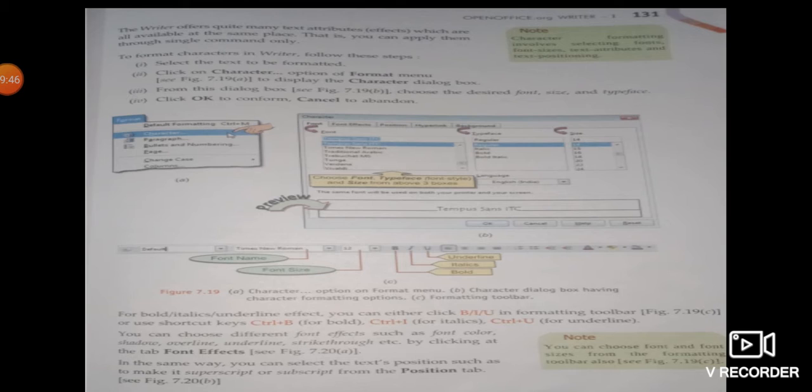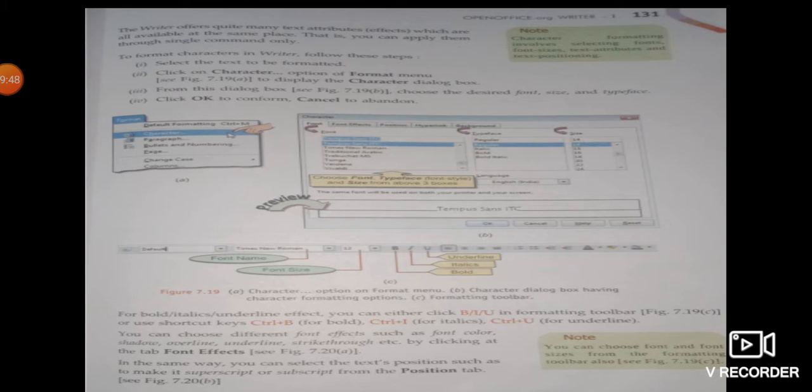If you are making any changes in the appearance of the text or of your document, you are formatting a document. So we can format our text and make different kinds of changes in our text, like you can format a character.